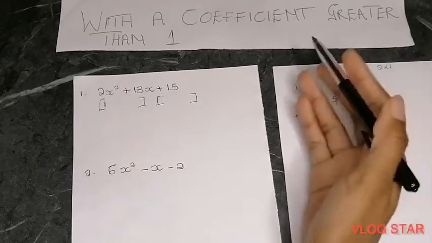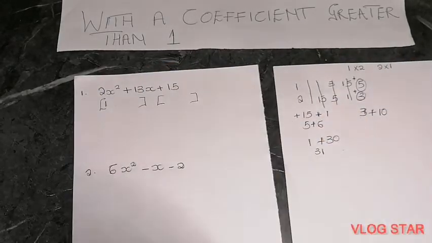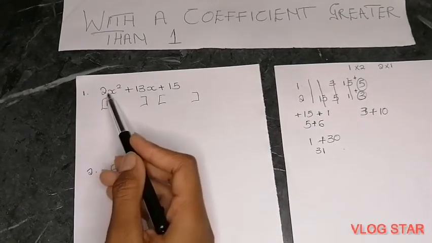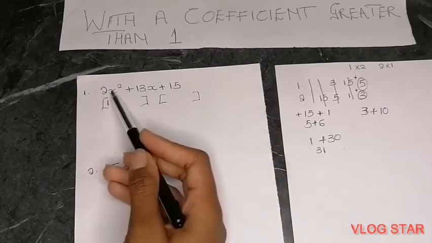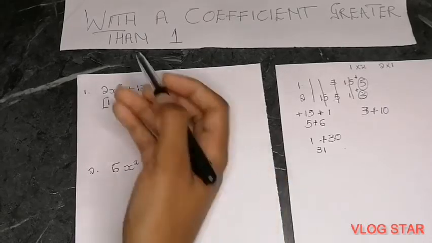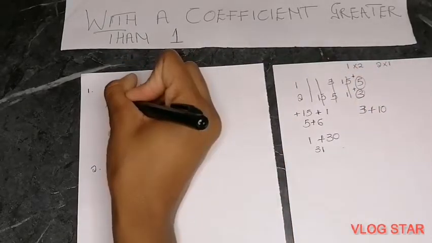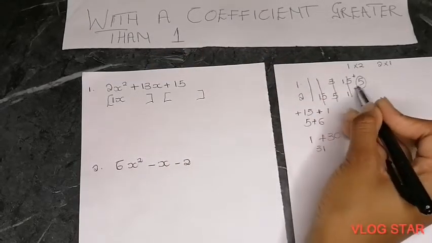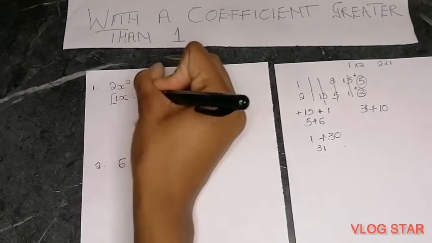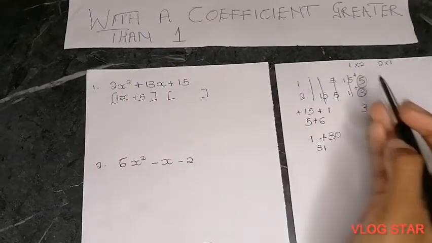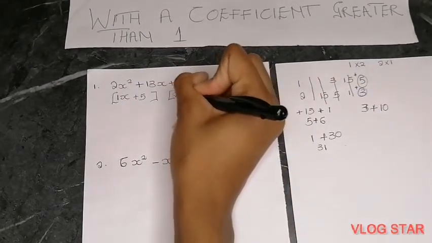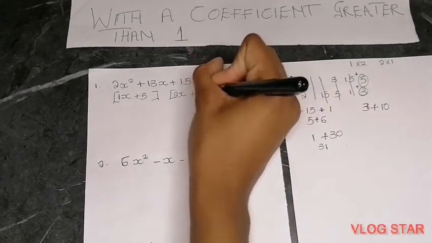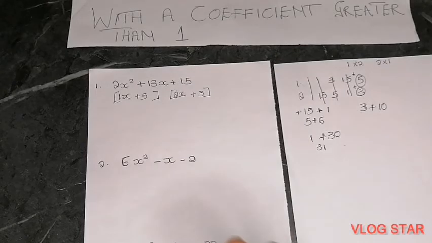These numbers, the 1 and 2, you're going to write them with an x because of this 2x squared here. So you're just going to distribute this x among the 1 and 2. 1x, and what is 1 with? It's plus 5. The second bracket, 2x, what is 2x with? Plus 3. So this is how you factorize